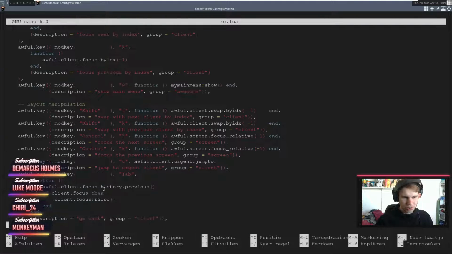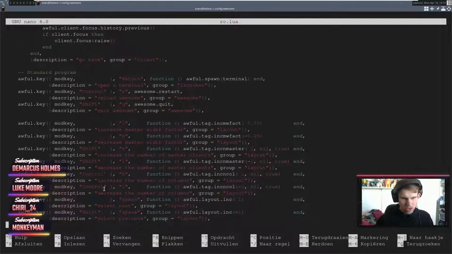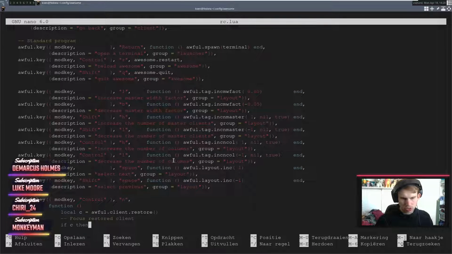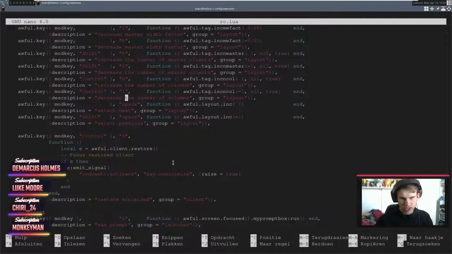Okay, mouse bindings, key bindings. Standard program. Yeah, that's just going to spawn our terminal. All of this is just going to do all of that. Okay, so there is one command on here that basically says I want to kill a program or whatever, something like that.